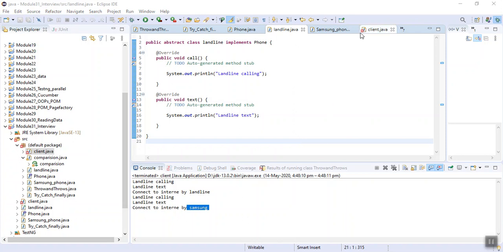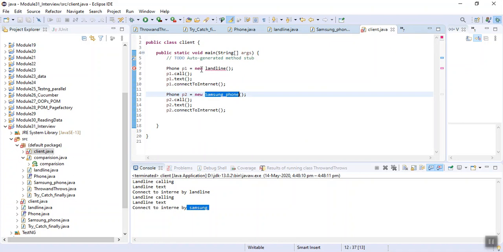Now you can see I am getting an error here. Reason: I cannot create the object of an abstract class. Remember this thing. We cannot create the object of an abstract class. So let's remove it.